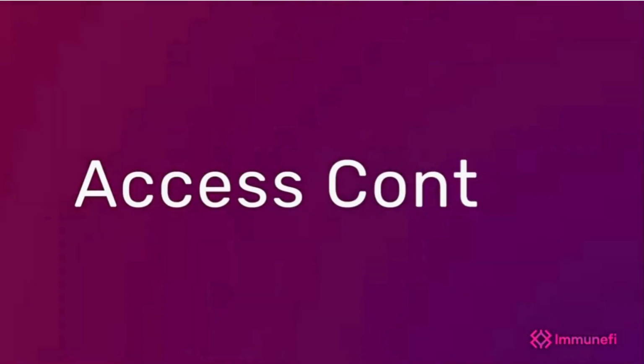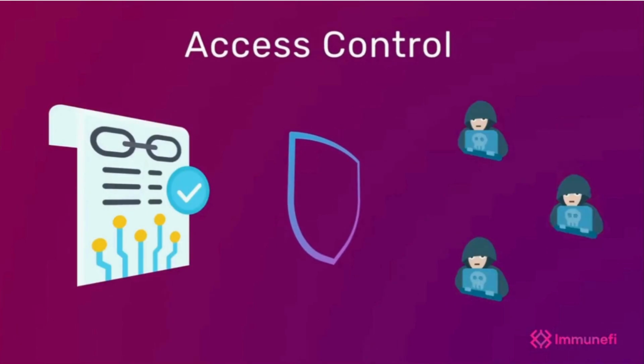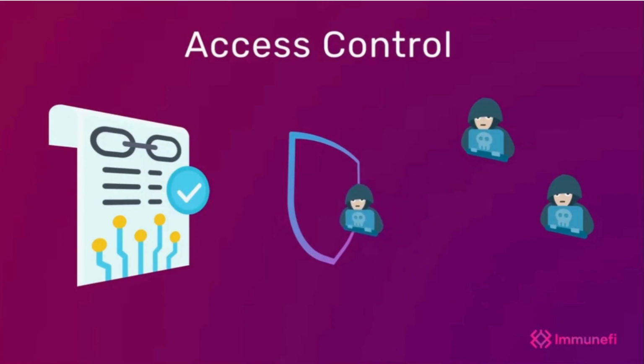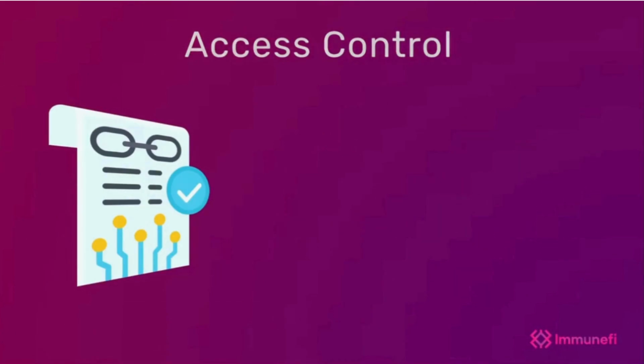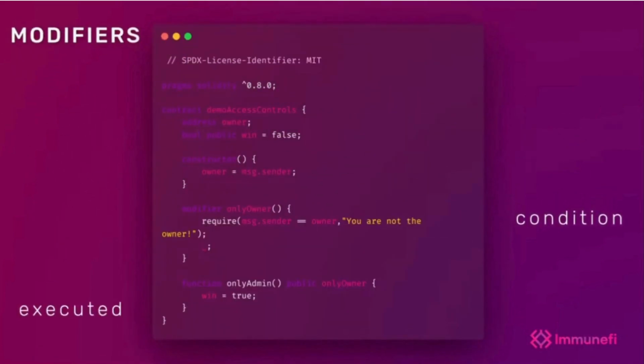An access control is a method of restricting access to a smart contract function so that only an authorized user can execute these functions. In other words, it prevents malicious actors from accessing critical functions like mint, which allows users to mint new tokens for an address. Modifiers in smart contracts are conditions that must be met for a function to get executed. One such modifier is onlyOwner, which verifies whether the function's caller is the smart contract's owner or a member of